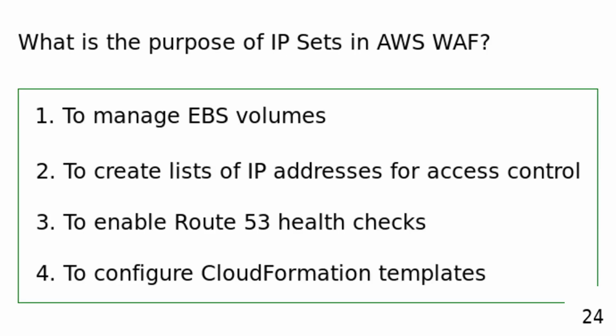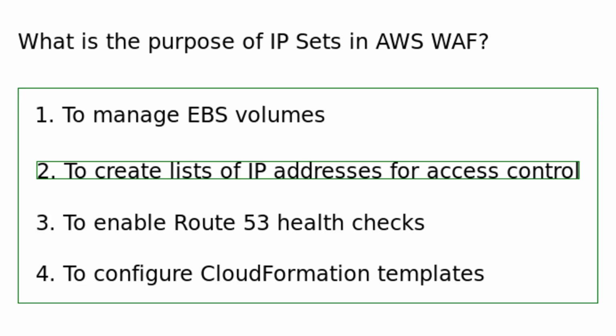What is the purpose of IP sets in AWS WAF? To manage EBS volumes. To create lists of IP addresses for access control. To enable Route 53 health checks. To configure CloudFormation templates. IP sets in AWS WAF are used to create lists of IP addresses that can be referenced in Web ACLs